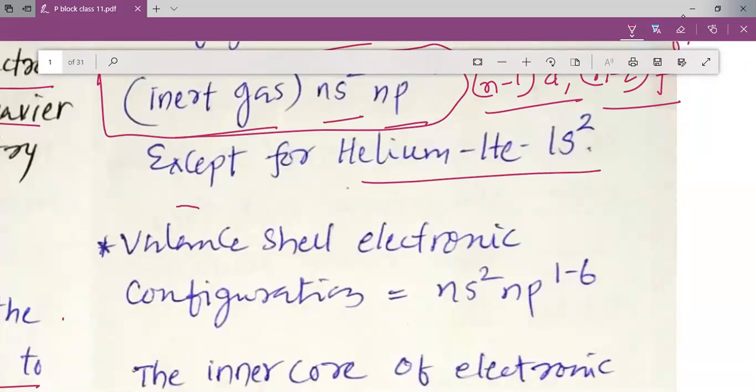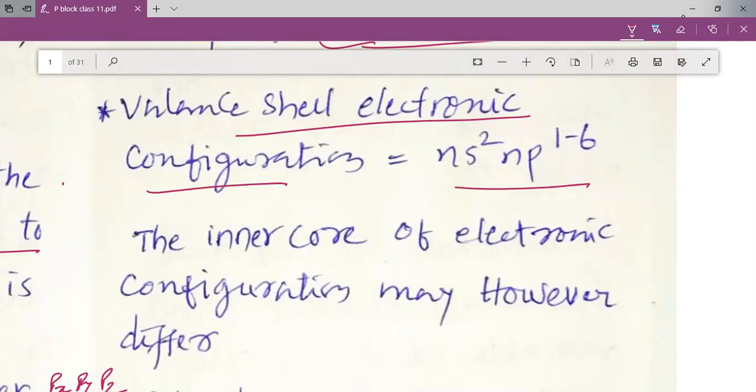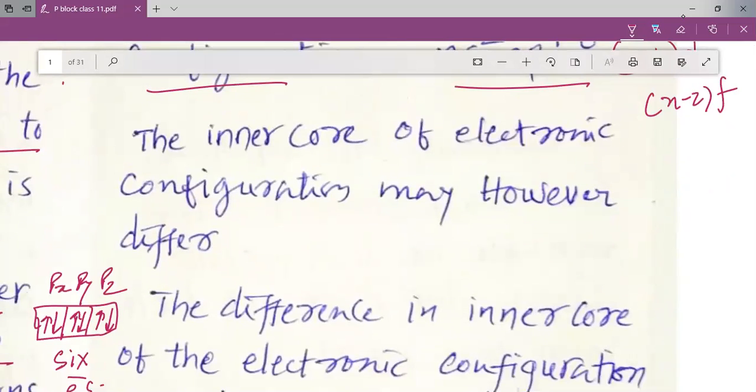But as far as helium is concerned, the electronic configuration is 1s2, and that is why we cannot even say this is the general electronic configuration for helium. So you can see that there is so much variety present in the p block elements. Now we can write the general valence shell electronic configuration as ns2 np1-6, my dear students. But still, in the valence shell, sometimes we have (n-1)d orbitals or (n-2)f orbitals also present. When you study the electronic configuration, you will realize it well.